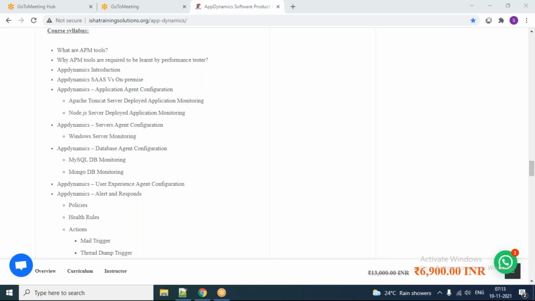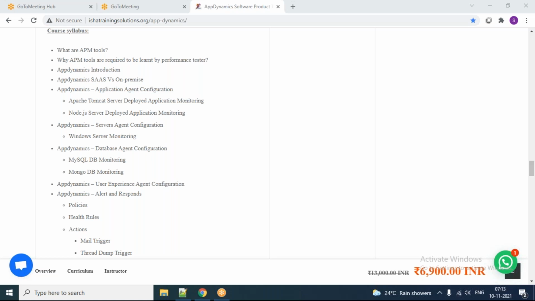So using AppDynamics, we are going to use the capability called call graph, and then reach the individual component level and identify the root cause. All those things are covered in our course journey through the sample application that I am providing. I will share the dump file, I mean the installation file and everything, through Google Drive, so you can configure it in your local machine itself. You can play around with this sample application, your Node.js application and Java application, so that you learn things practically.